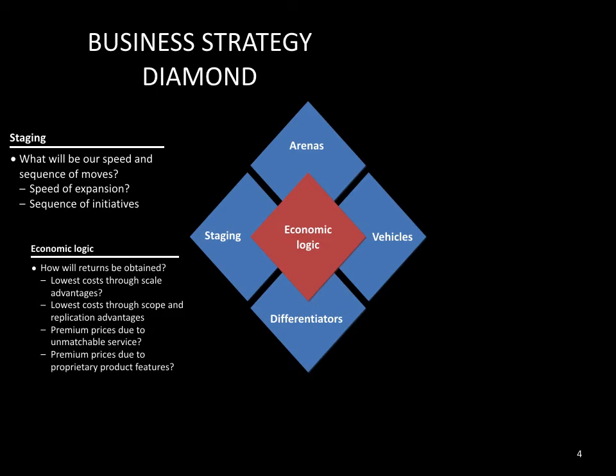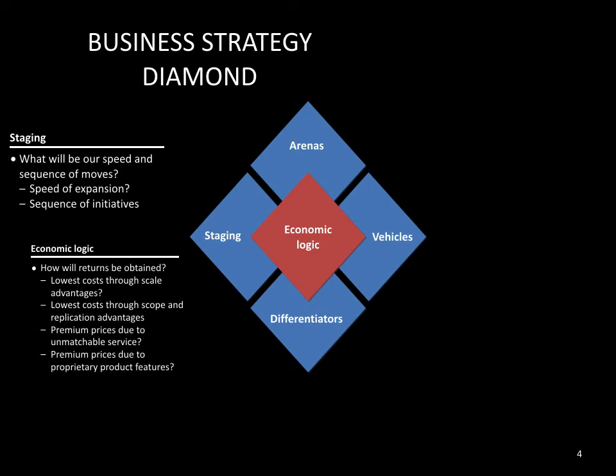In other words, Hambrick tried to ask the question of an organization, how will returns be obtained? Returns meaning return on investment or profitability based on the money it's going to take. And literally he said, organizations typically choose one of these four alternatives. Either we're going to be the lowest cost